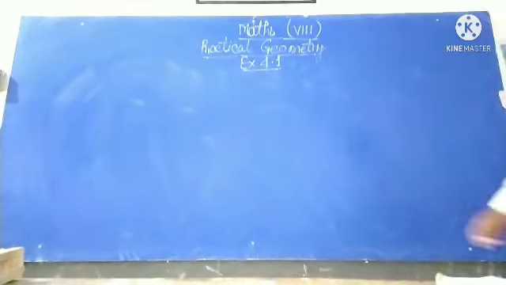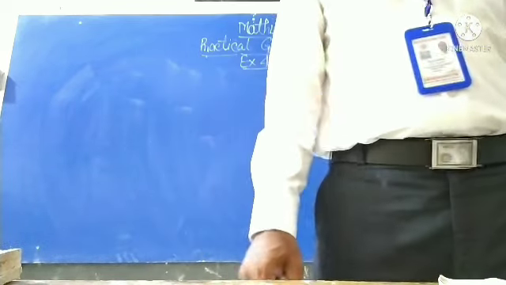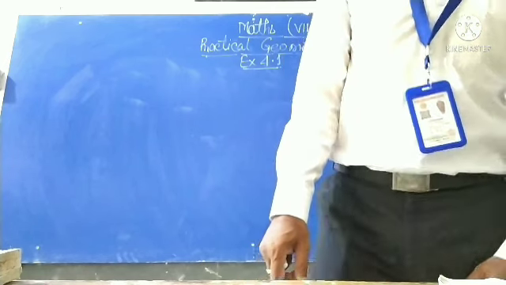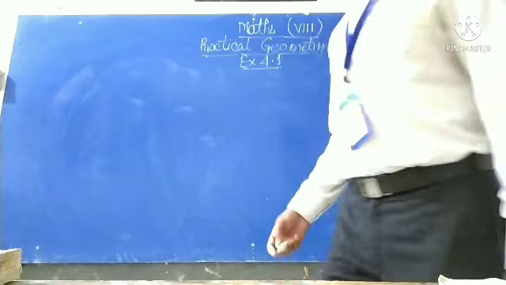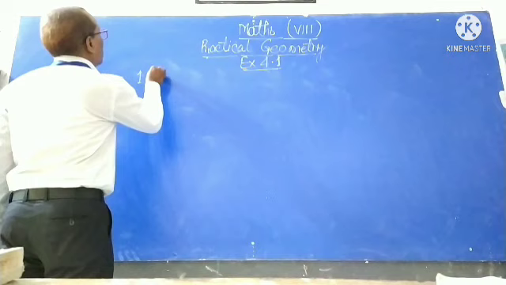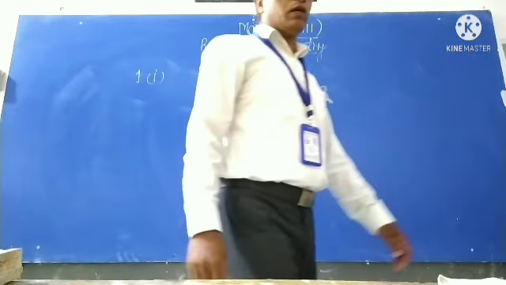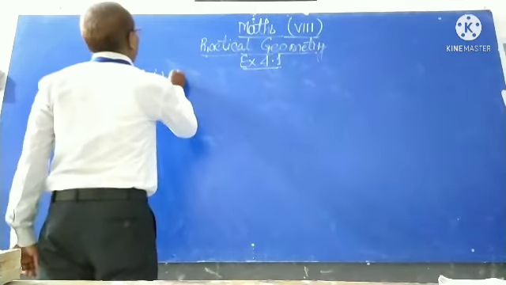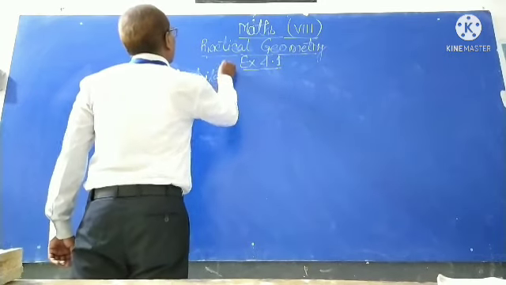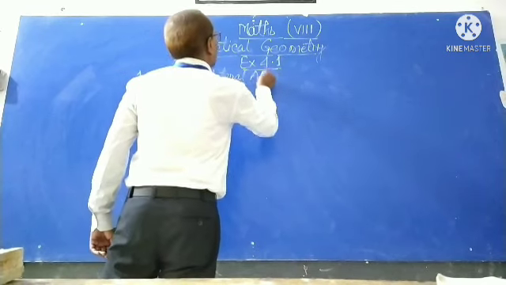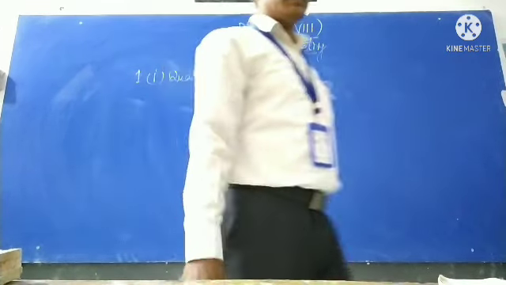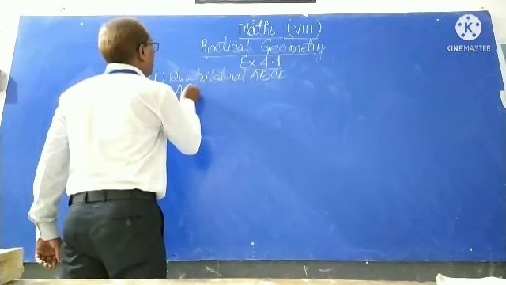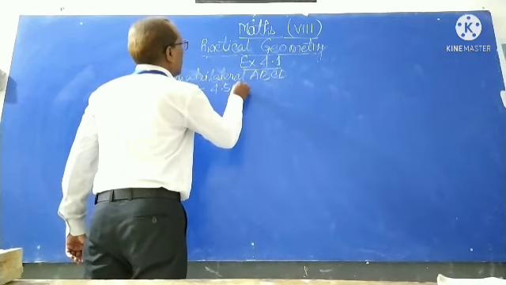Exercise 4.1. Your first question, first part is: construct the following quadrilateral ABCD, where AB is equal to 4.5 centimeter,